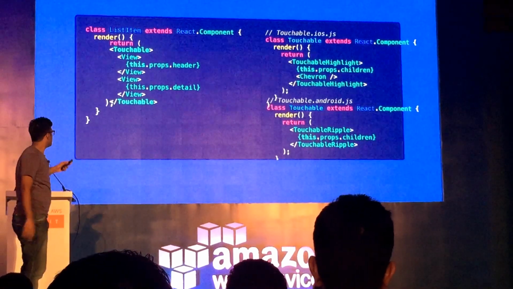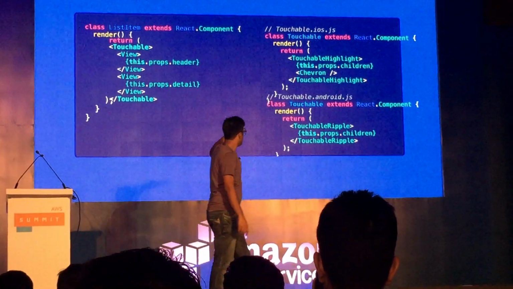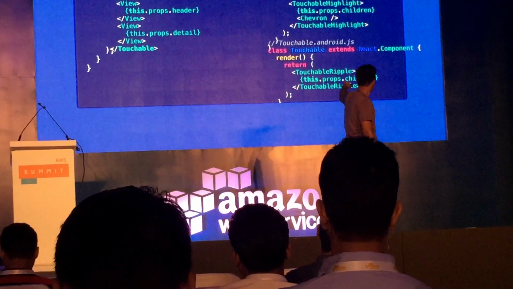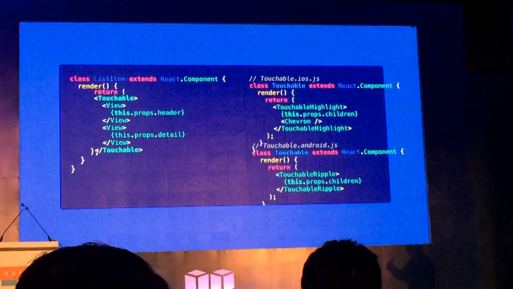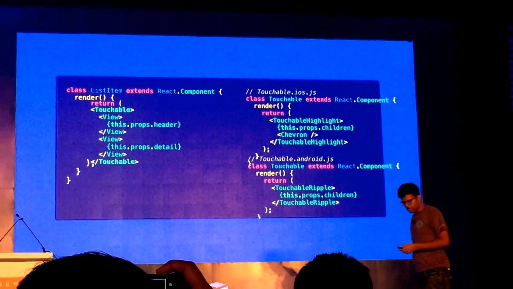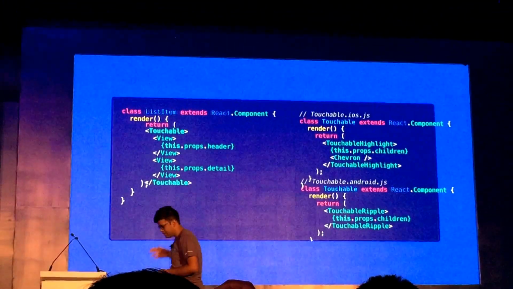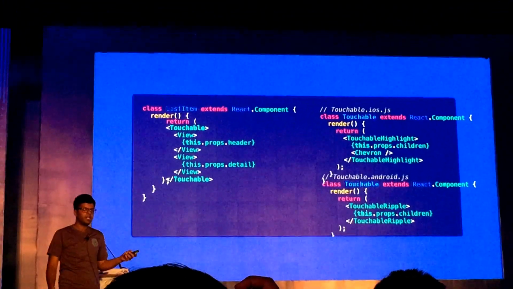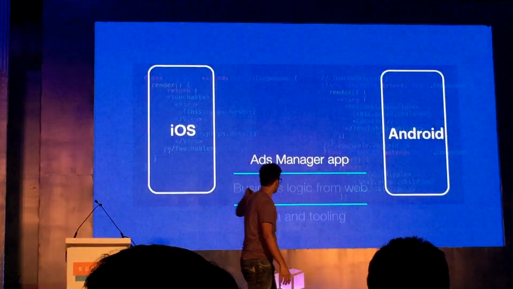So you just define a component in two separate files. In this, you already have the children, so your data will be rendered as it is. And since the ripple or the chevron that is given by touchable highlight are iOS specific and Android specific things, you define those in their specific files, and the remaining code gets used as shown.